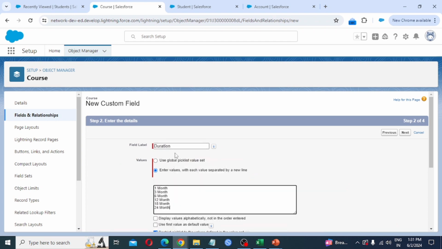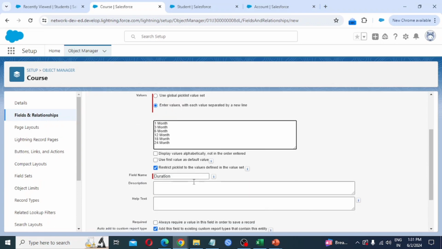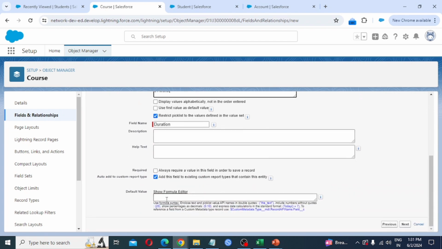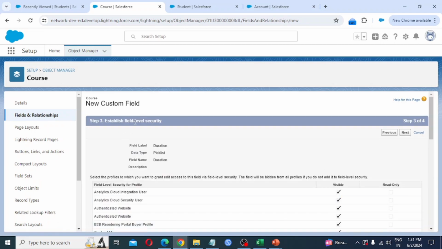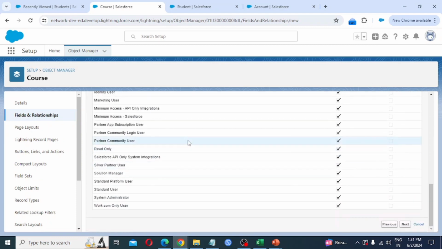Here for the label I have provided duration, and the values 1 month, 3 months, 6 months, 12 months, 18 months and 24 months. We can provide a description as well as help text, and I am making it required. Always require a value in this field in order to save the record. Click on the next button. So FLS is actually playing a very important role,